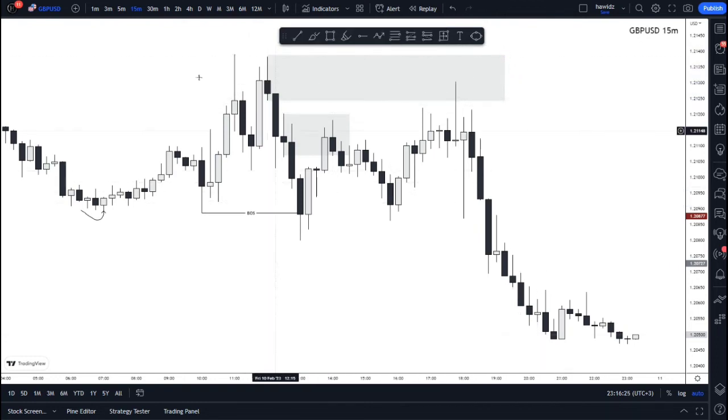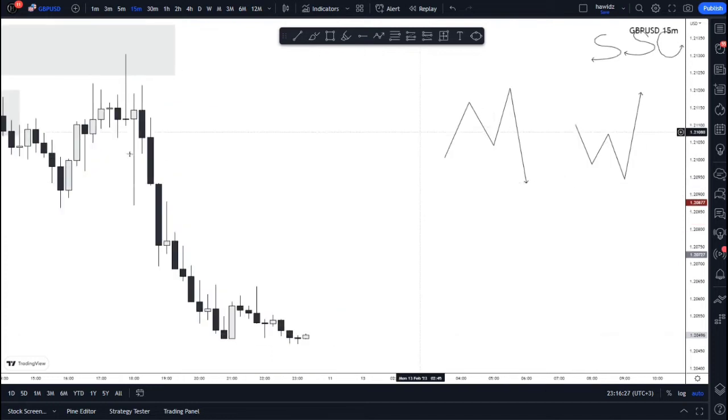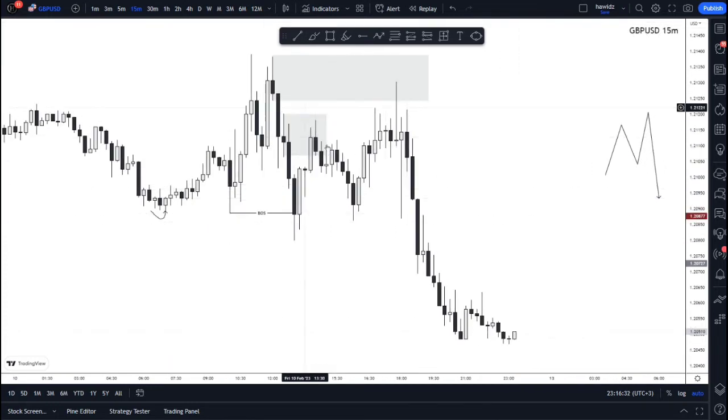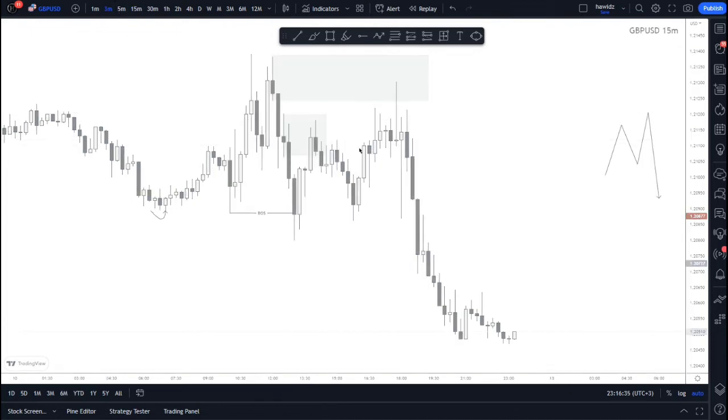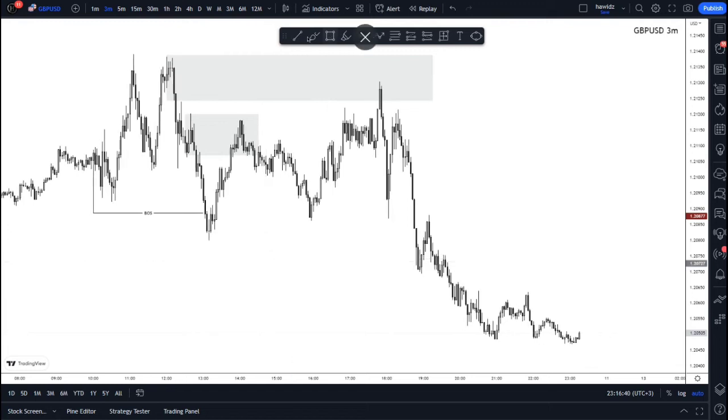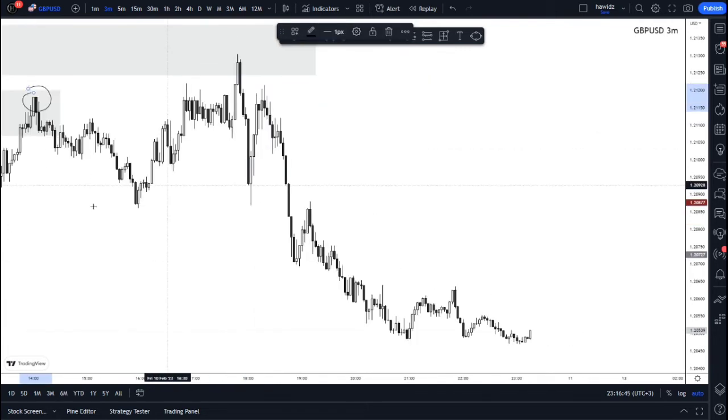Now, lo and behold, let's see how this thing happened exactly in here, right? So price comes up and then mitigates this area here. So let's go to the 3 minutes and see what exactly happened. So this is price now coming up and then mitigating this area here. And from that mitigation, right,